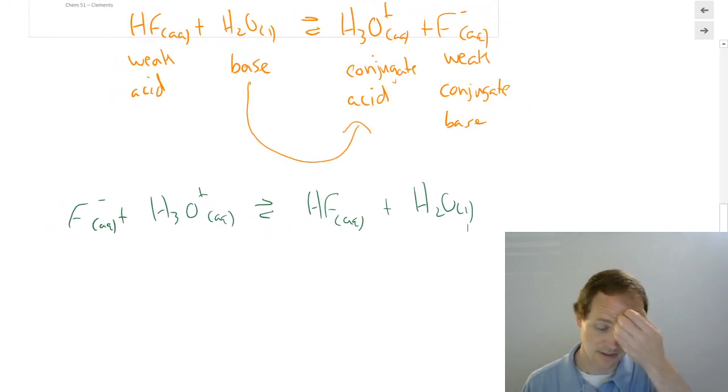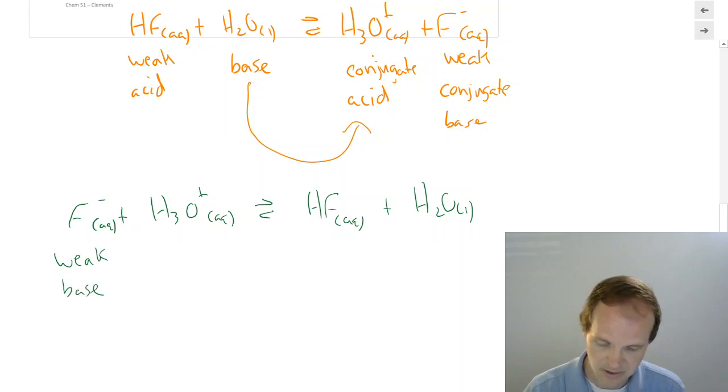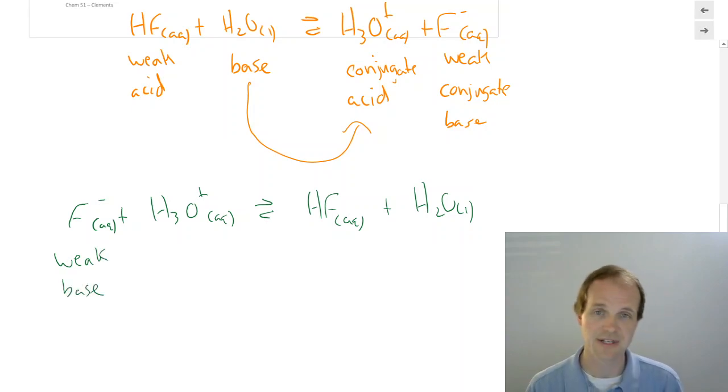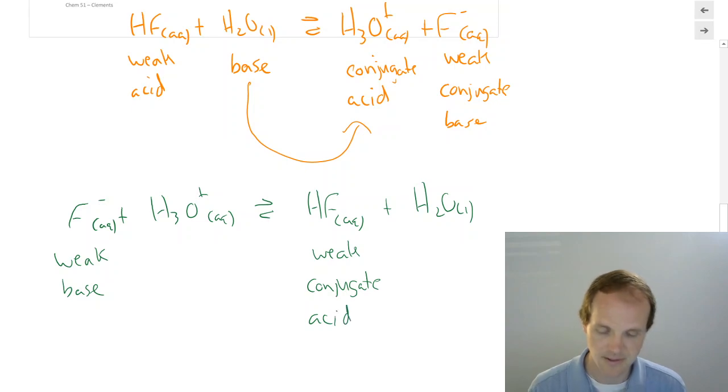Well, we know that F minus is a weak base, which means after it accepts that proton, it must be a weak conjugate acid. H3O plus is going to be giving away that proton so that HF can form, so that makes it